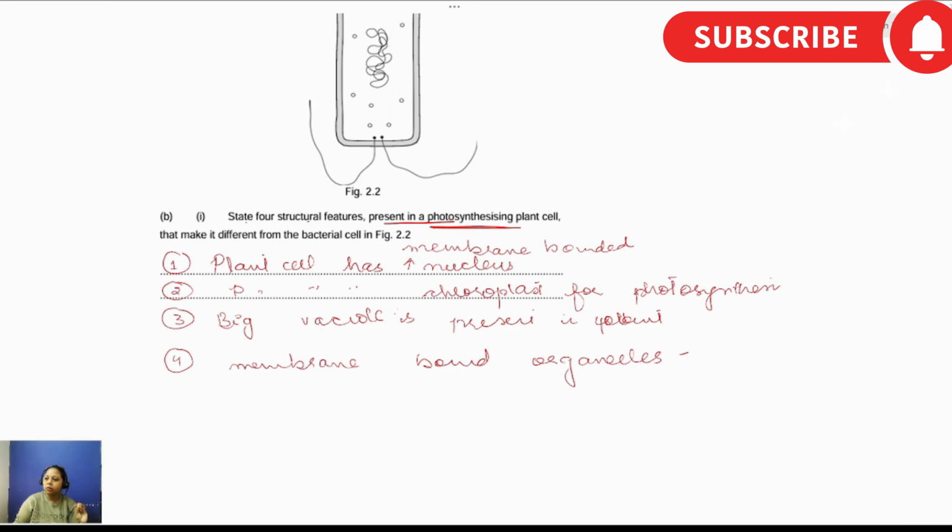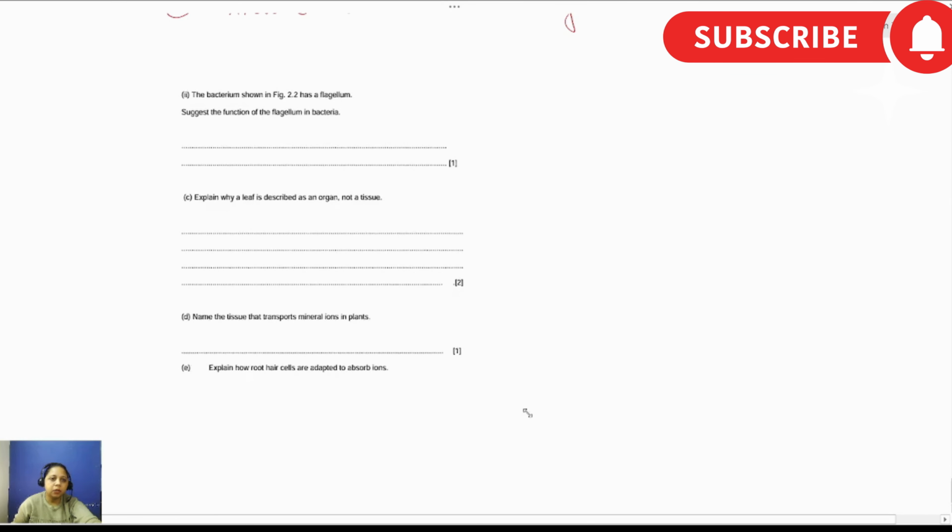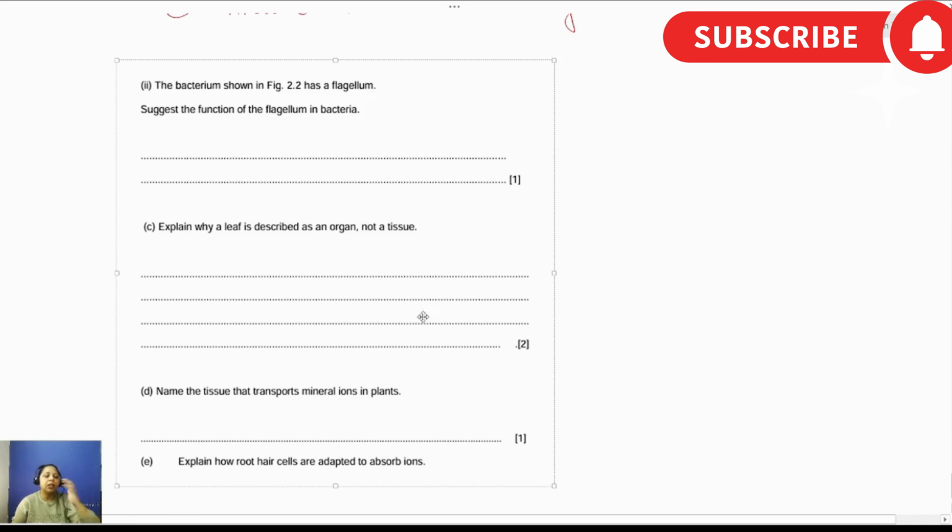Okay. So this bacterium has flagella. State the function of the flagella. The movement. Good. Why is leaf described as an organ? What is the definition of organ? That organ, because leaf is made up of different tissues, right? That work together to perform a specific function. Different tissues that work together